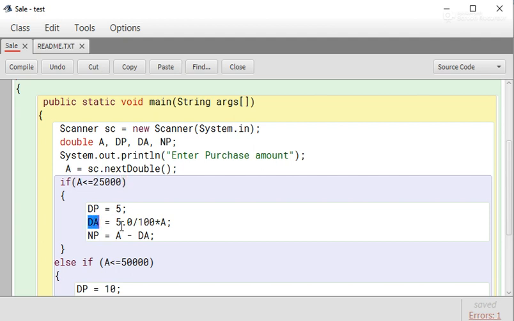Discount amount equals 5% of amount, that means 5.0 divided by 100, that means 5% into a. It will calculate the discount amount and store in da. Now np, that means net payable. The net payable, that means da, discount amount, is deducted from a.